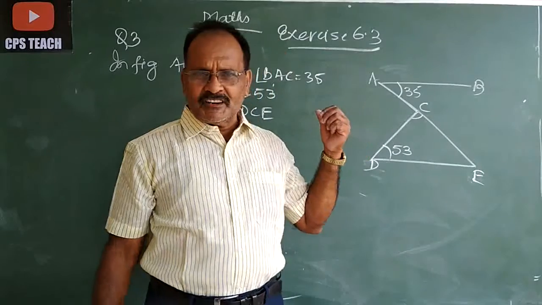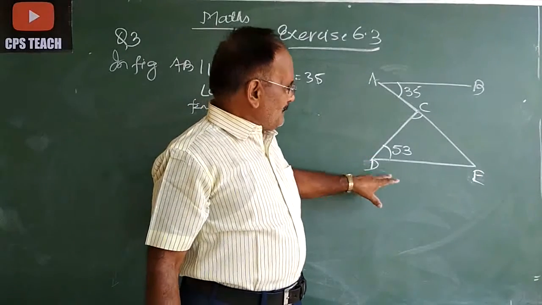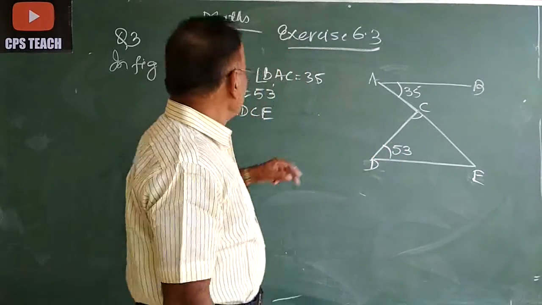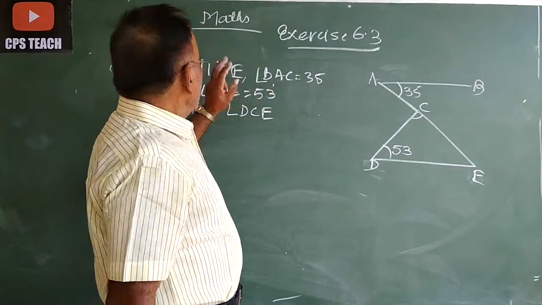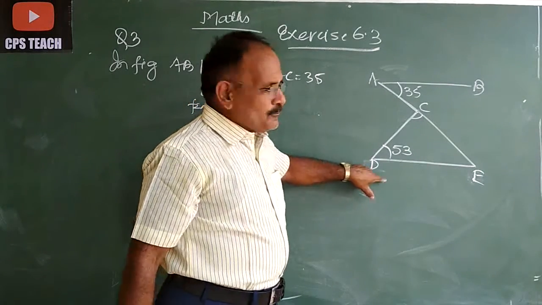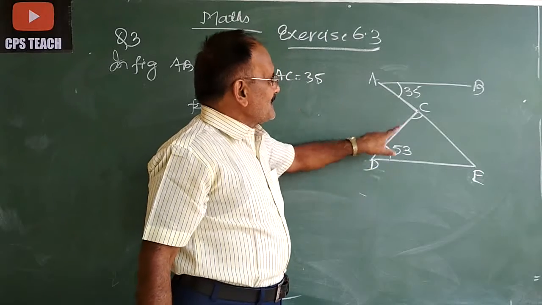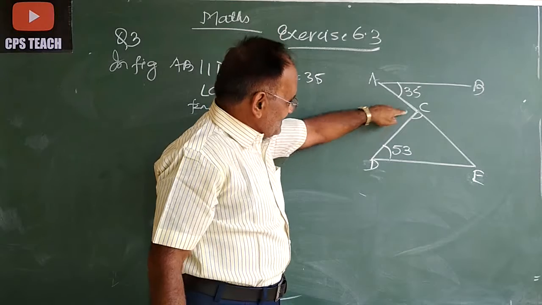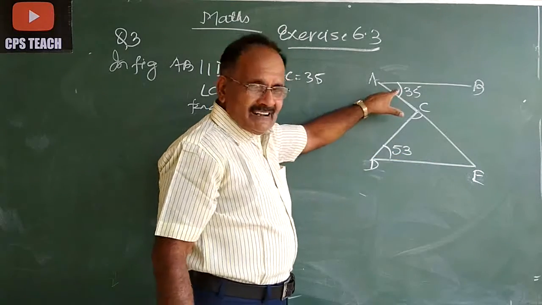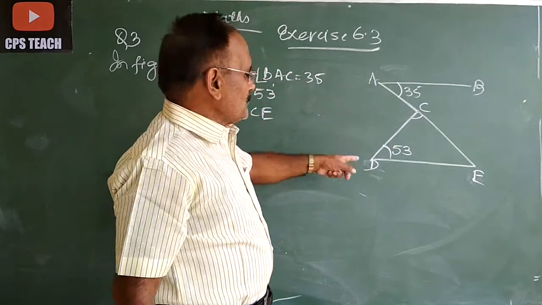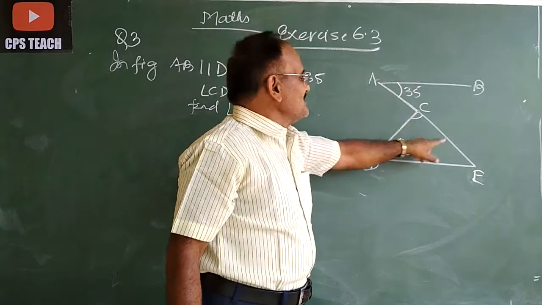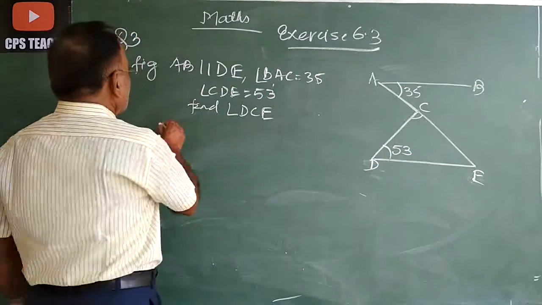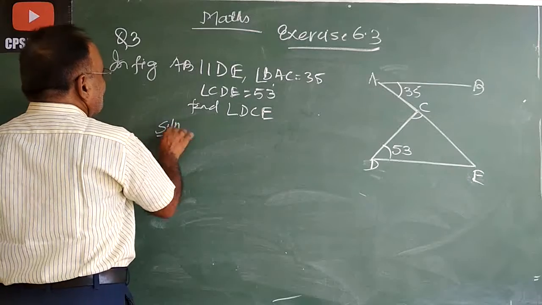This is question number 3. Just I am going to solve this problem. AB and DE both are parallel line segments. Angle BAE and CDE are given. We have to find out angle DCE only. So solution is